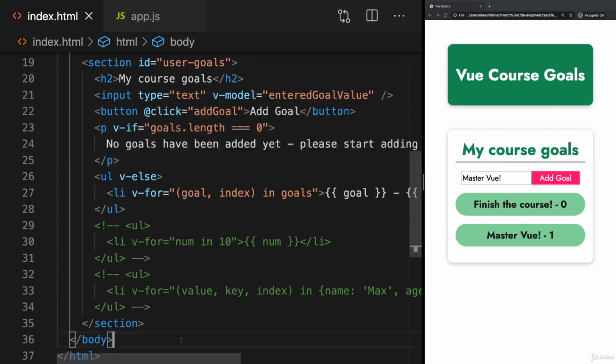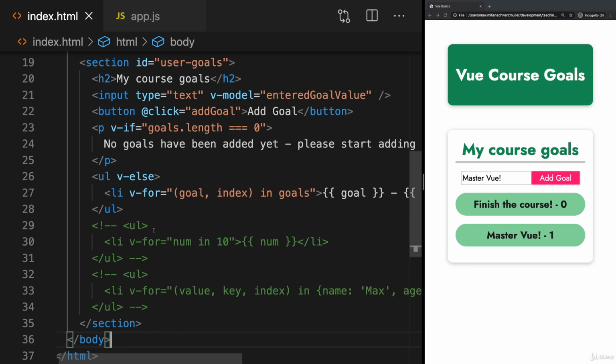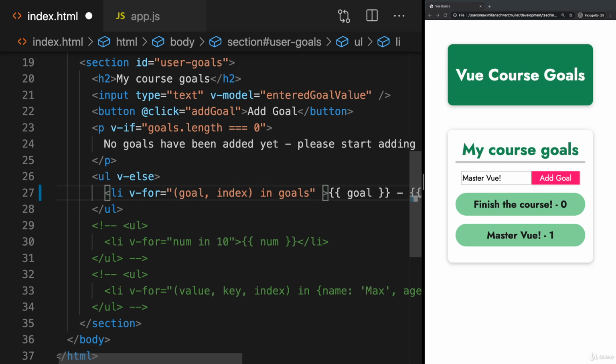So how could we remove items from this list here? Well, we have our list item, which is repeated for every new goal. It's still a regular HTML element though, even though we're using v-for on it. And that means we can still add event listeners to it. For example, a click listener here to react to clicks on the list item. And now let's say when a list item is clicked, we want to remove that respective goal from the goals